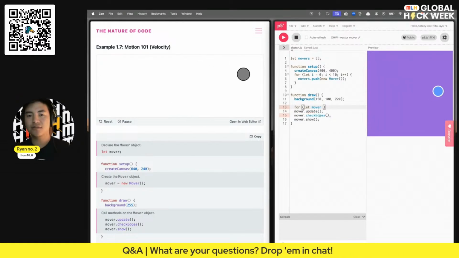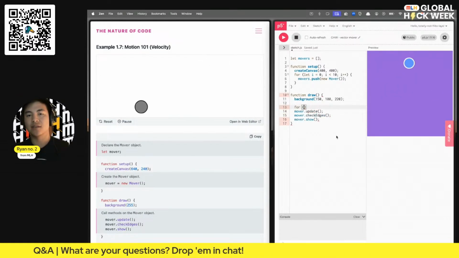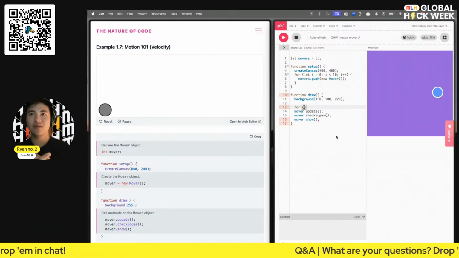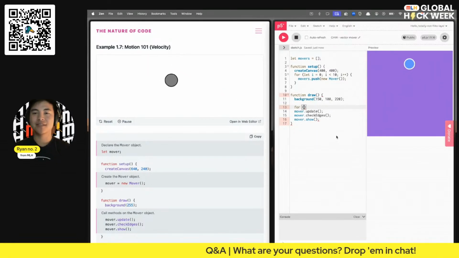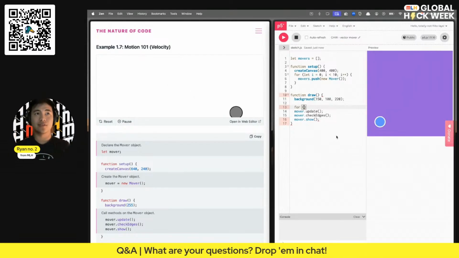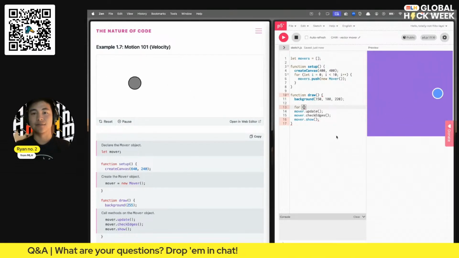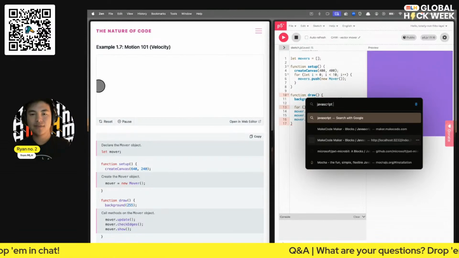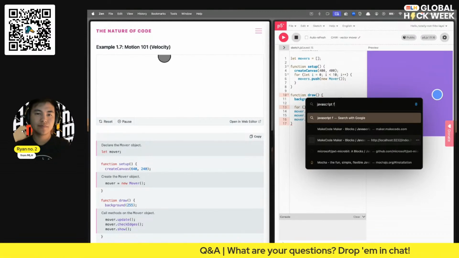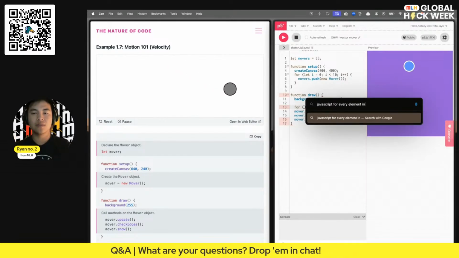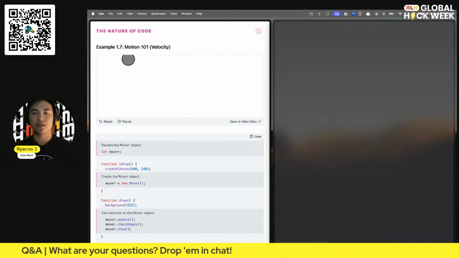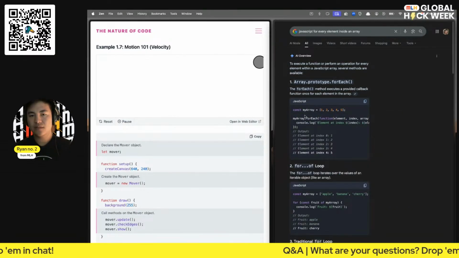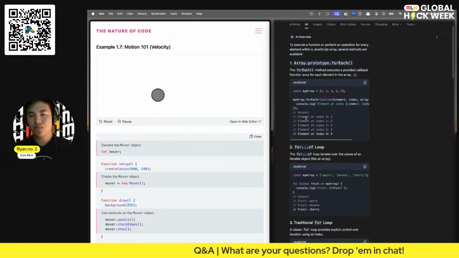Actually, I forget how to do for each loops inside of JavaScript. I guess forEach is a separate thing from what I'm looking for. I'm looking for the enhanced for loops, which allows us to do something for everything inside of this data structure. So we're going to look up how to do that. JavaScript, for every element inside an array. Let's see. For each,